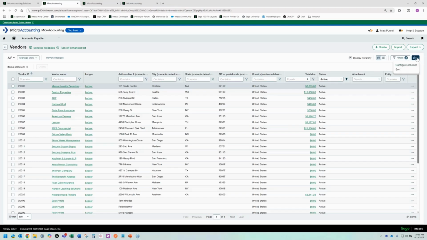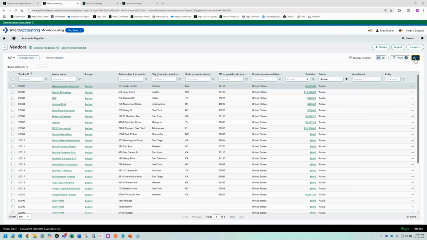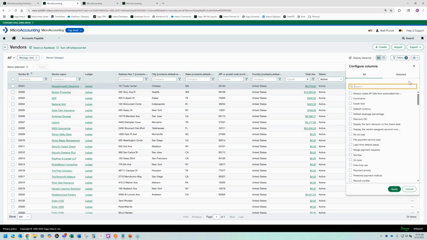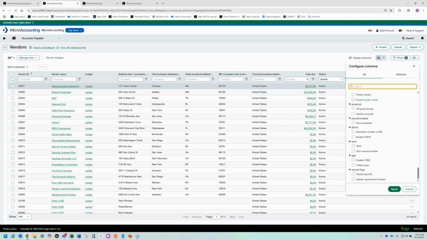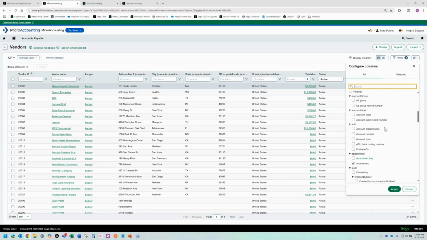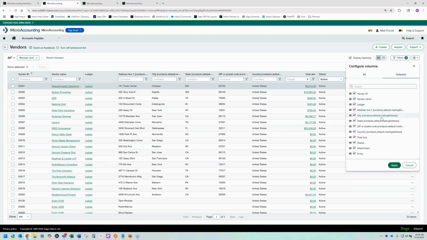Let's see. If I click over here on this little gear icon, this is how I can bring columns into this list view. If I go right here to configure columns, it's going to show me basically all the columns that are available to select on this object. Again, I personally like this user interface a lot better just because it organizes these fields a little bit better. It shows you if it's a connected object or something like that. And then you can also just come over here and only see the ones that are selected. So you don't have to see the entire list of 9,000 field options and try to figure out which ones you have selected. You can just switch over here to that.